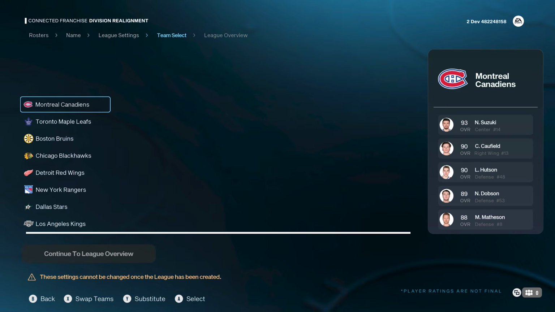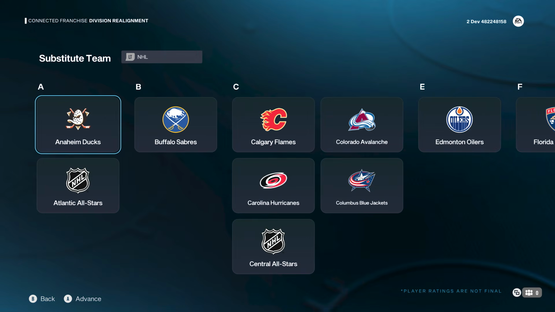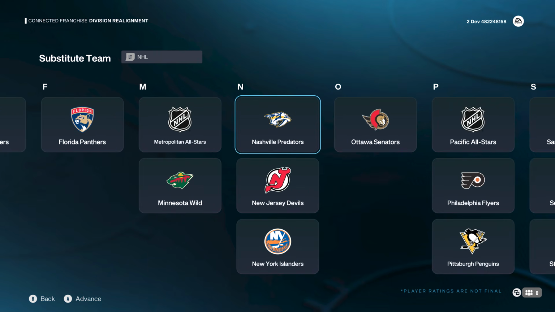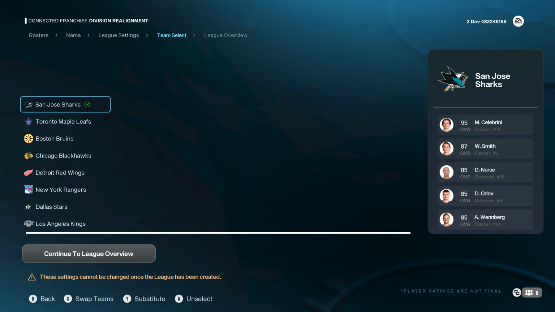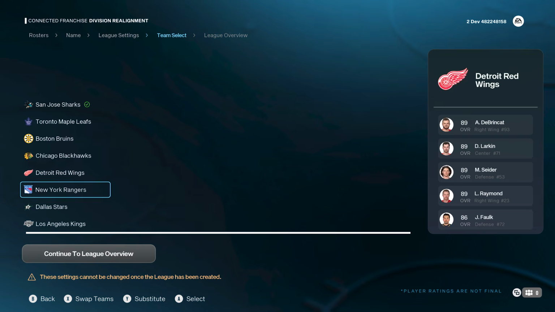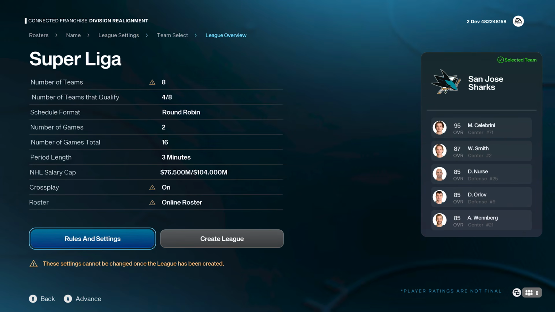Once you select your teams, you're then able to see the different ratings that each of the players have on the right-hand side as well. I'll select San Jose here and continue over to the league overview. From the league overview, you'll see a bunch of